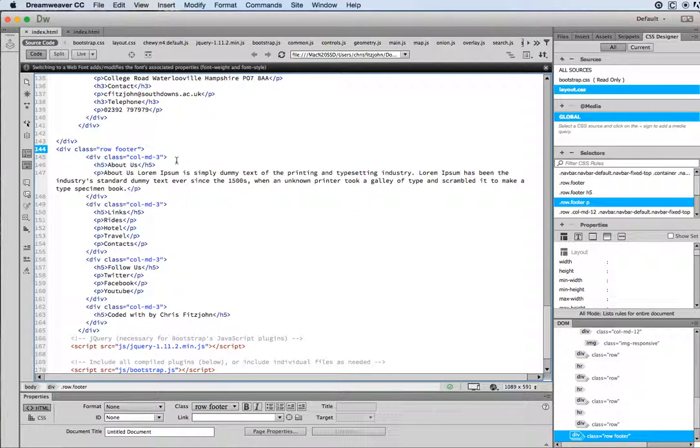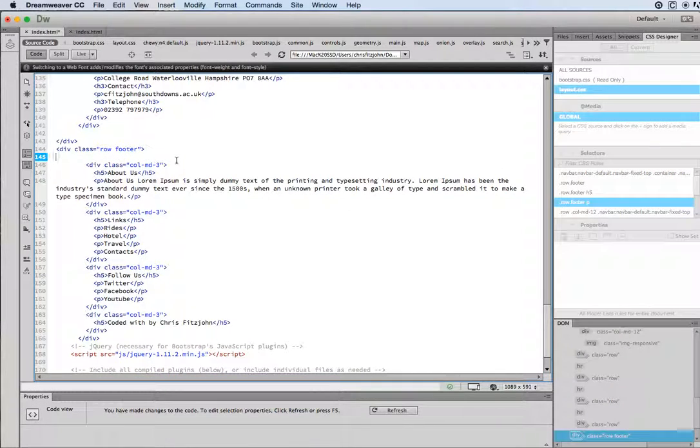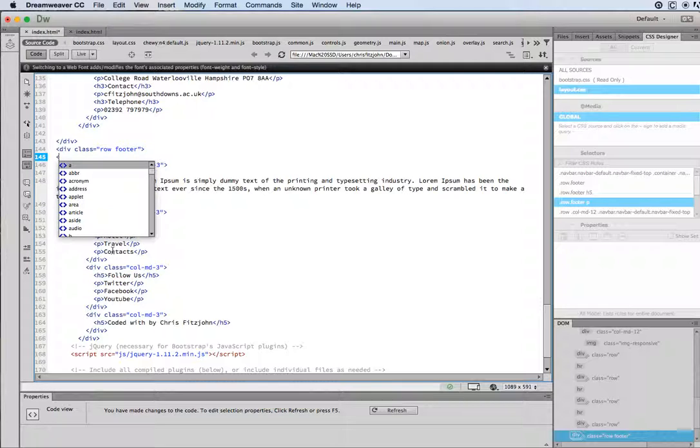So what this means is that all we need to do is, after the row for the footer, we need to then add a container to restrict the elements that are inside the footer so that they don't stretch to the edge of the page. The footer will still stretch to the edge of the page, and otherwise the background color will, but we need to go here and add a div,